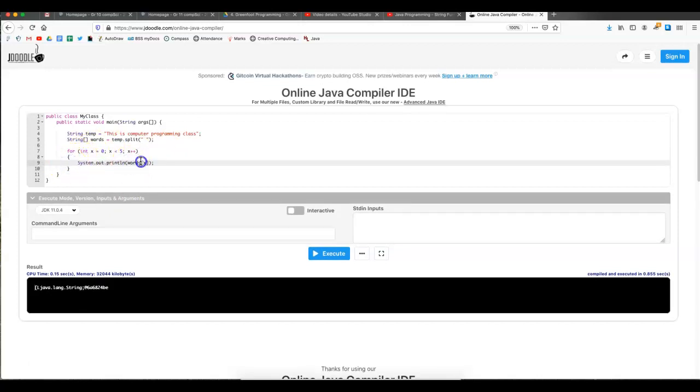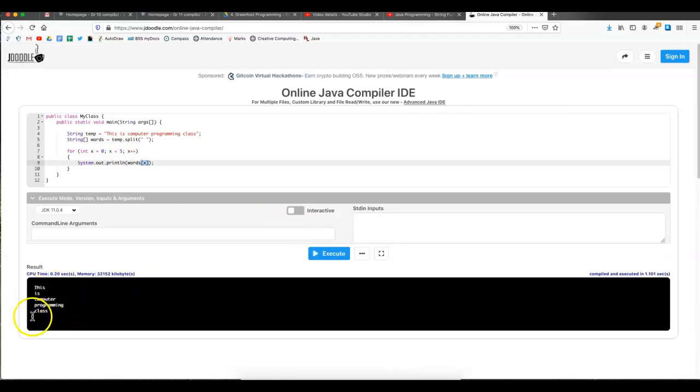I want to know the xth word. So the very first time this runs, we get the 0th word, and then the first word, because we increased by 1, and then the second, and then the third, and then the fourth, and then it'll stop. So if we run this,